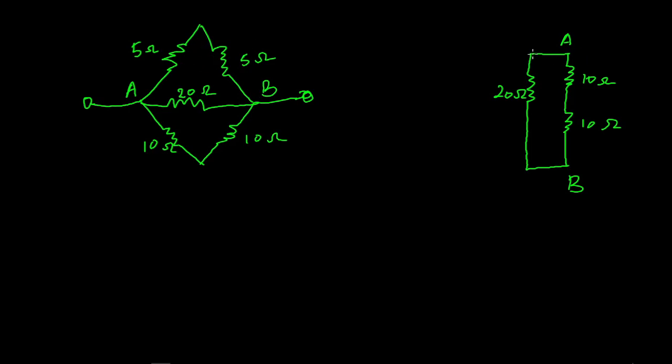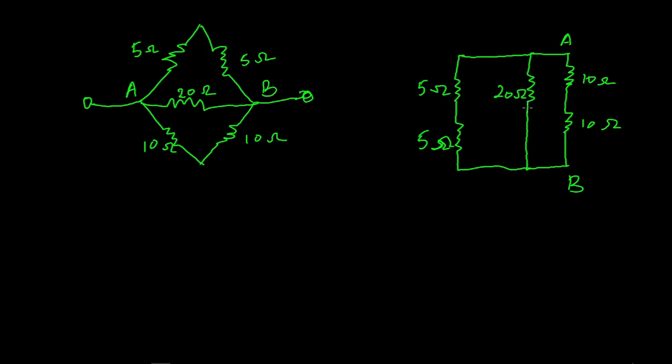So this is still point A. This is a common terminal, it is the same. So we have two 5 ohm resistors. We have the first 5 and we also have the second 5. So this is the 5 ohms. This is also 5 ohms. So by our redrawing, we can see that this seemingly complex circuit has been redrawn and it is now in